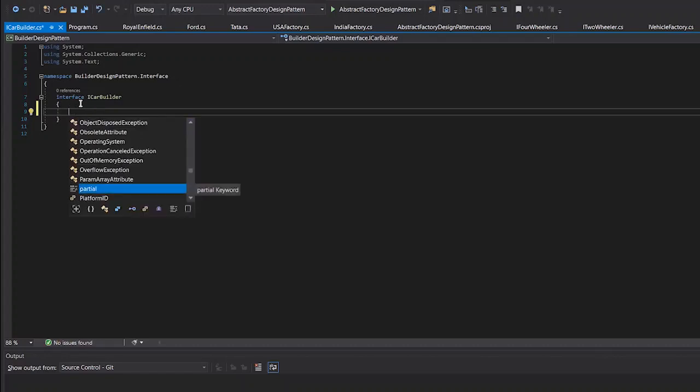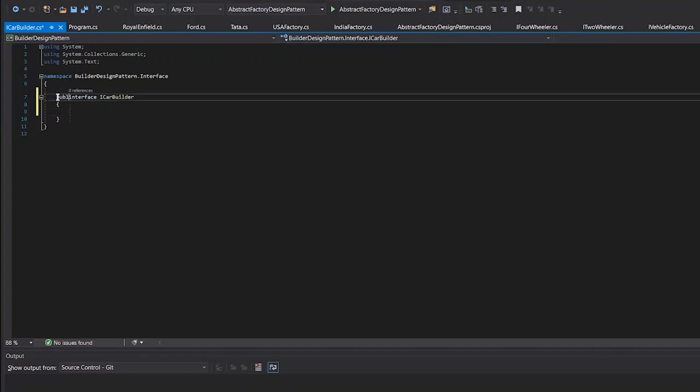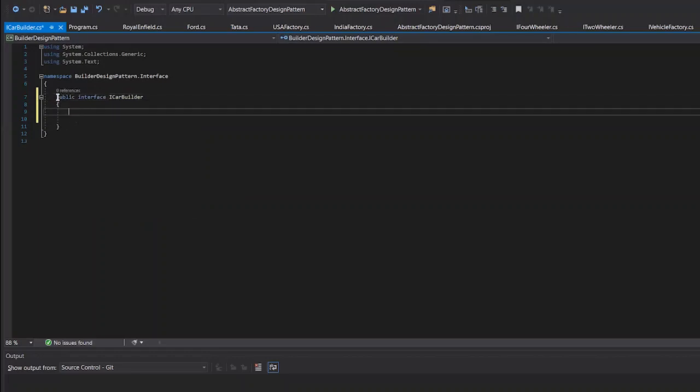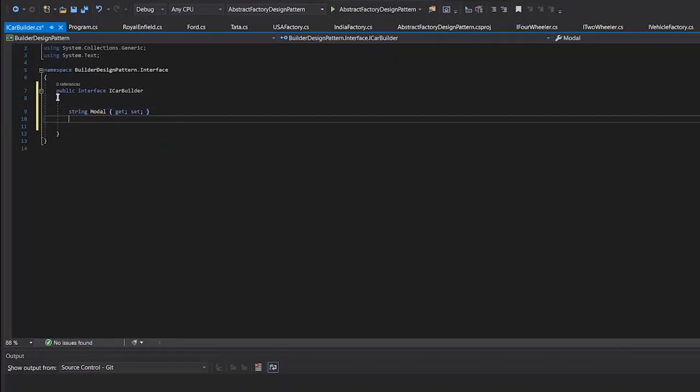I'll make this interface public. I'll provide the model and add its getter setter. I'll provide the doors. This is for reference. Actual implementation for your project may be different.